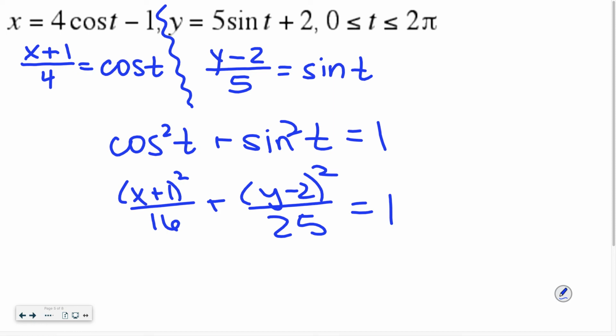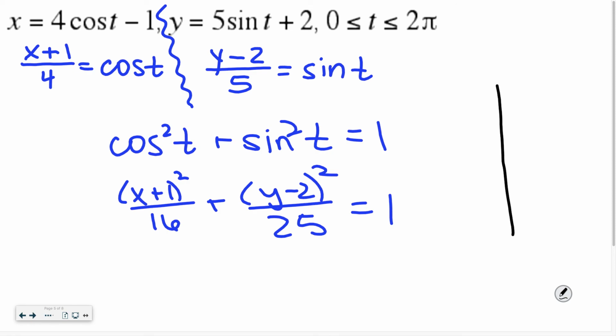So where will I potentially go with this? Find places of vertical and horizontal tangency. We know there's 2 places of each of those on an ellipse. Having that knowledge that this is an ellipse helps us think about whether our answer makes sense or not, right? Now, if we were to graph this,